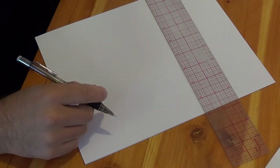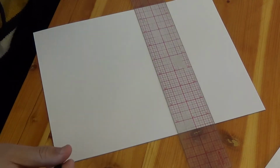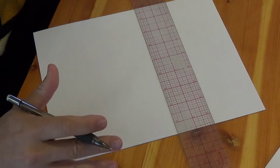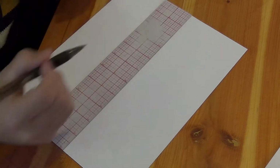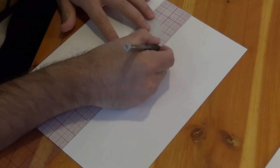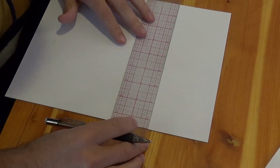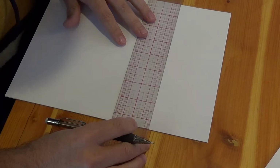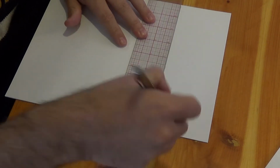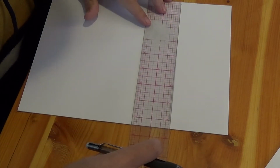So to begin with the sleeve, I'm going to be developing a sleeve with you that has a 4-inch sleeve cap. And that's just a nice middle of the road sleeve cap height. So on your paper, make sure that you start out at least 5 inches down from the top of your piece of paper, just so that you have room to be able to develop everything. So go ahead and give yourself a nice horizontal line at least 5 inches down from the top of whatever paper you're building on. And then from that line,